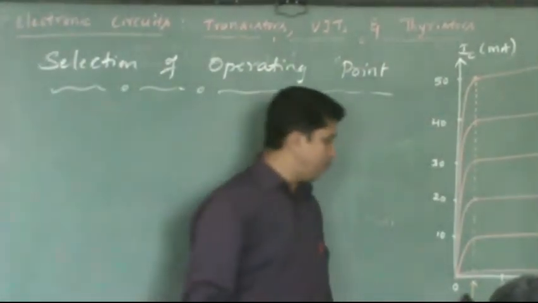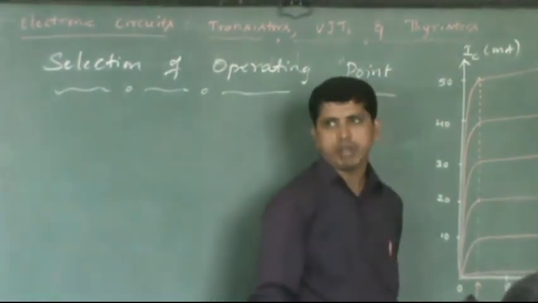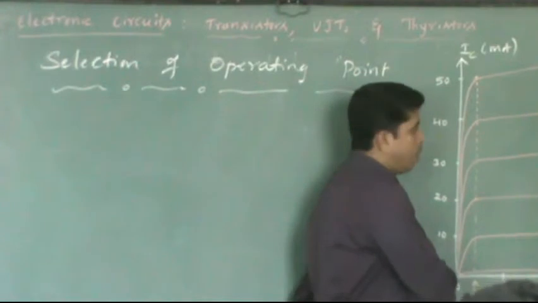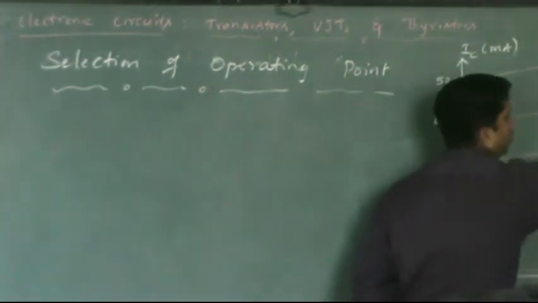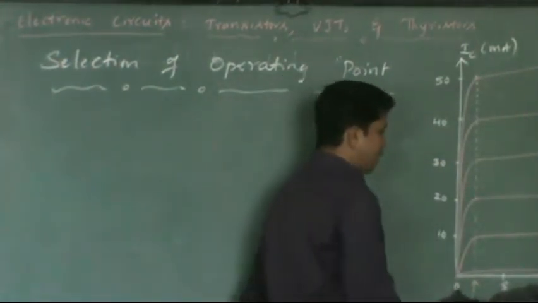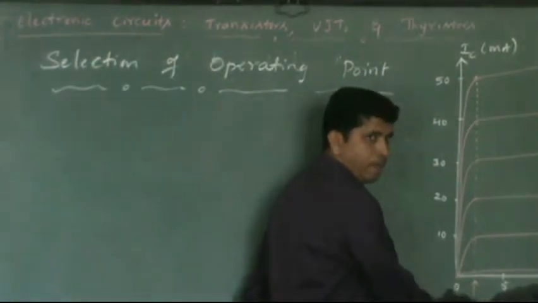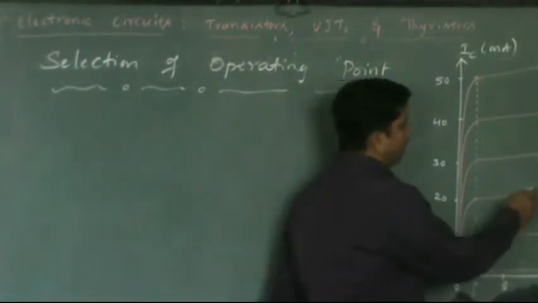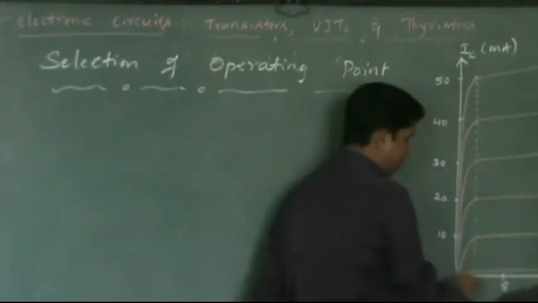Can I select an operating point which is at the origin? Okay, we will give clarification for that. What happens if I select the operating point near the origin? What happens if I select an operating point which is away from the origin, near the breakdown region? What is going to happen? We discussed that. And what happens if I select an operating point in the vicinity of the VCE sat, near the knee voltage? And if I select an operating point in between the power dissipation curve and the VCE sat, what is going to happen?